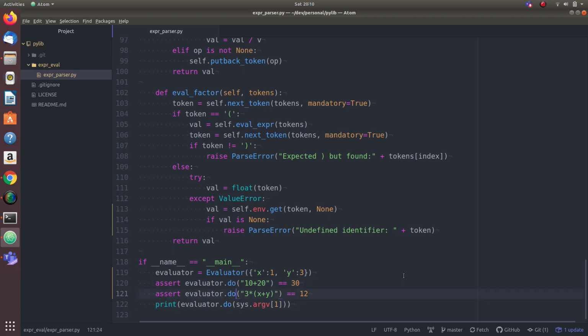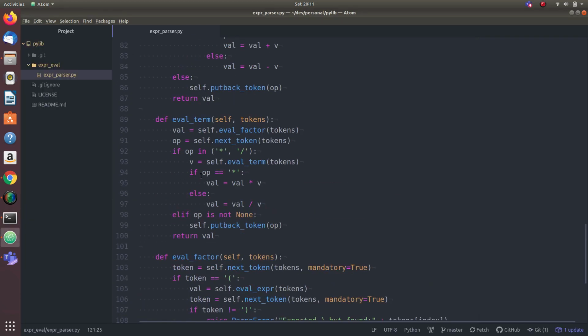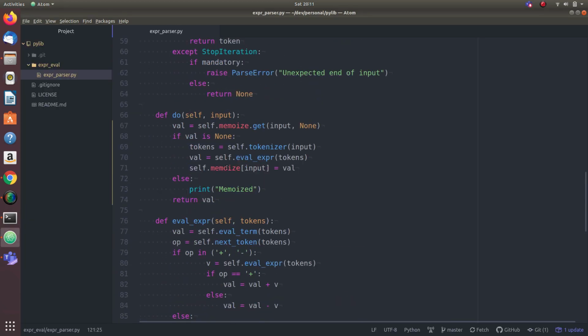So this expression is 3 into x plus y, right? So let's say I enter the same thing here. You can see the second time it is invoked, you actually get the memoized value. So this is a very simple but quite effective technique to improve the execution time in such cases.